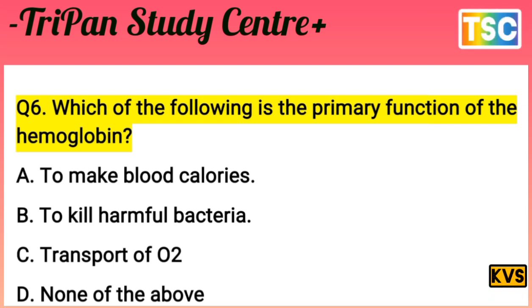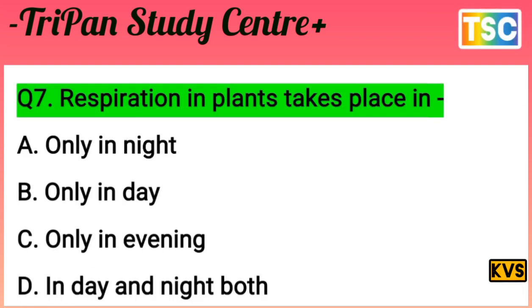C, transport of oxygen, is the important function of hemoglobin here. Let's see the next question on your screen. Question: respiration in a plant takes place in